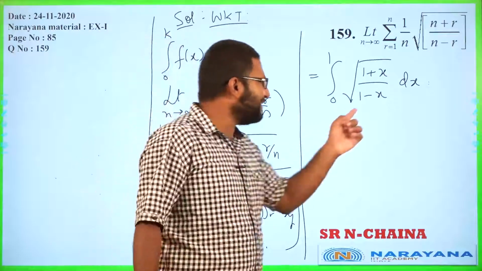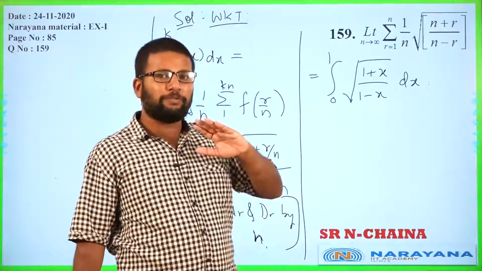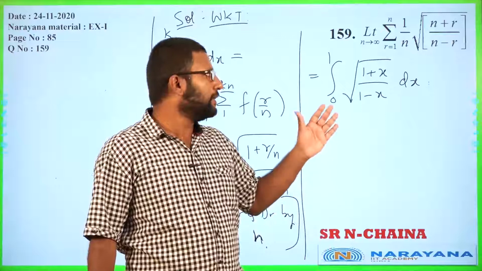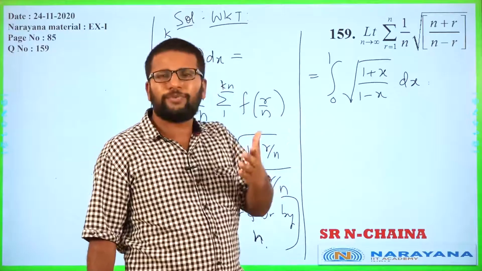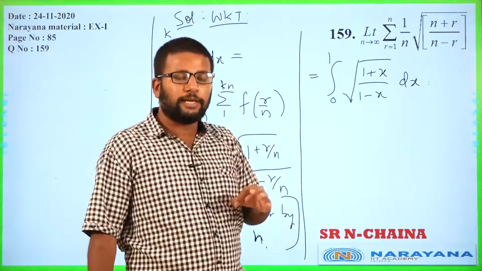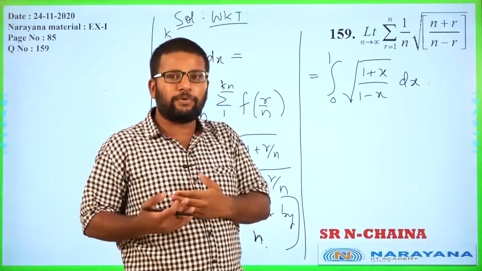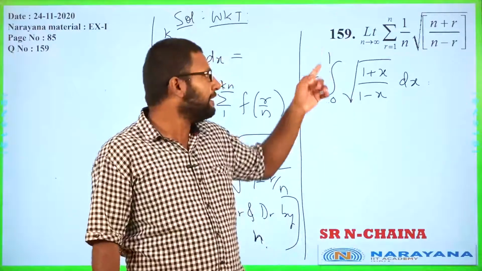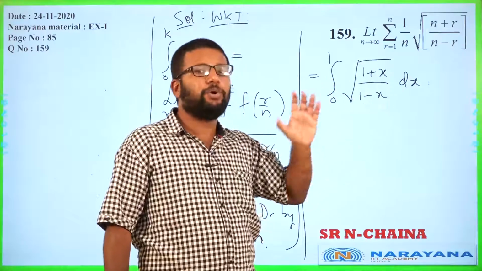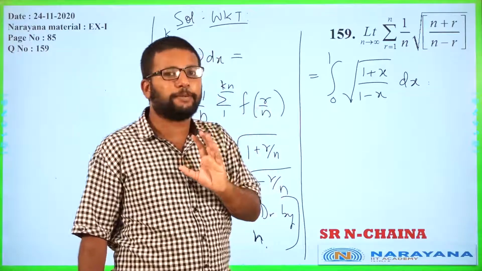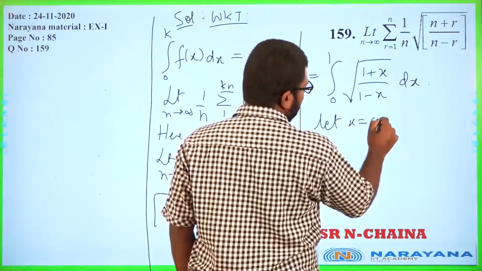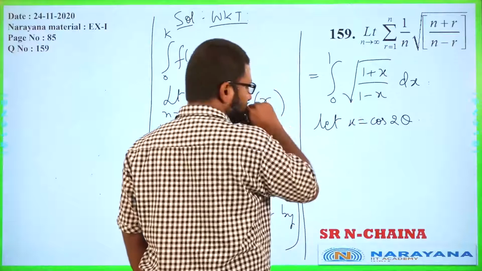Now think, which kind of substitution will help us in here? Whatever you substitute, you should get a square root. Extremely important. If you think about it a little bit, or if you look at your synopsis notes, you will realize x can be cos 2 theta. If you don't remember it from before, you remember it from now on. Whenever you have a square root and 1 plus something and 1 minus something, you go with that something as cos 2 theta. Okay. So we will say here, let x is equal to cos of 2 theta, right?